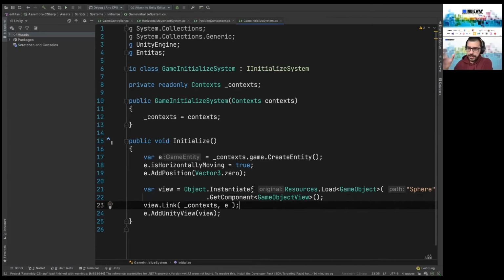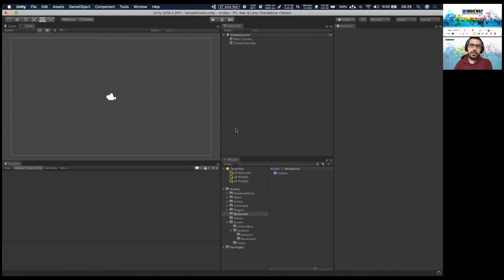So I've instantiated my game object. I've put a sphere on the screen and I've gotten the view of it. And then I wanted to link it with this context. And on this entity, that game object, I've put the reference. So game object entity, they are linked to each other.